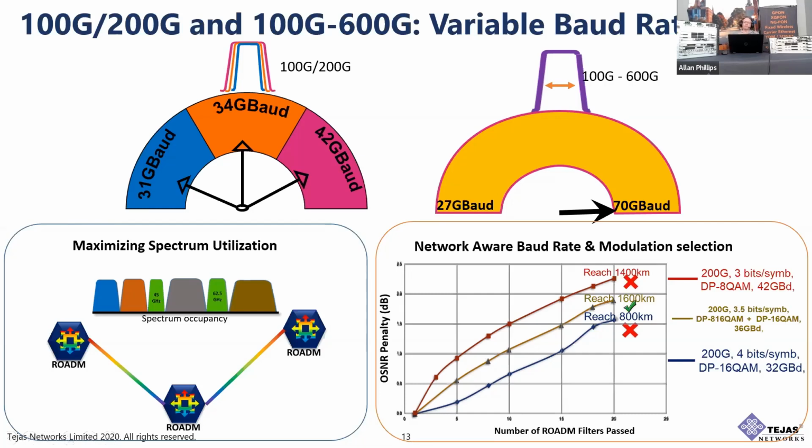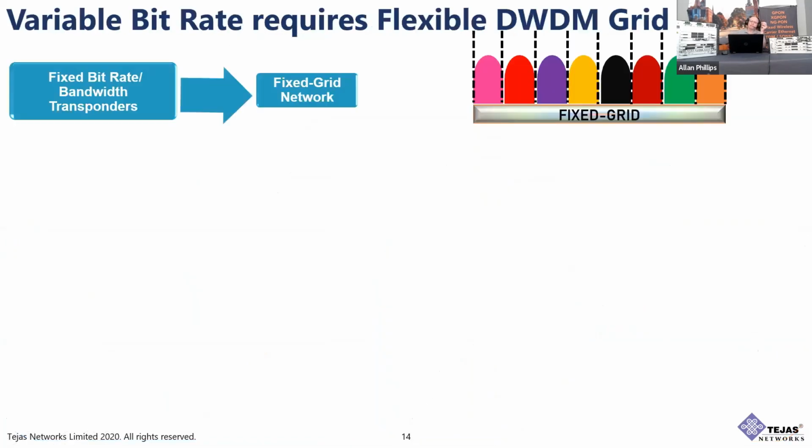Now, you don't have to remember all of this by any stretch of the imagination, because there are tools available from Tejas, et cetera, that can take you through this. But here's the great thing about it from doing wholesale services. You're able to construct your network how you need it, right? So when you get into this concept of utilizing the spectrum that you have available the best way possible,